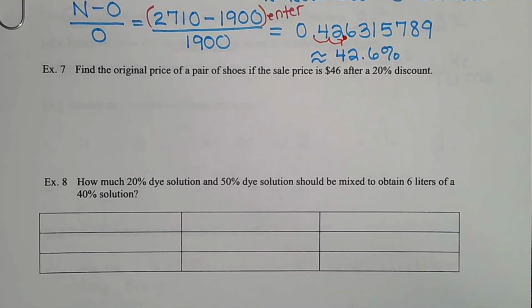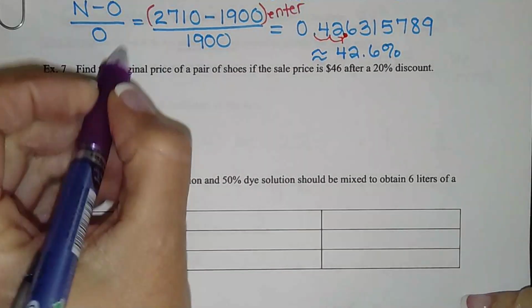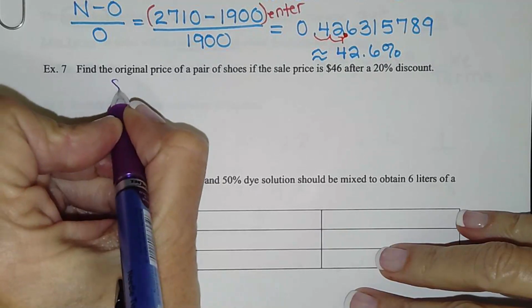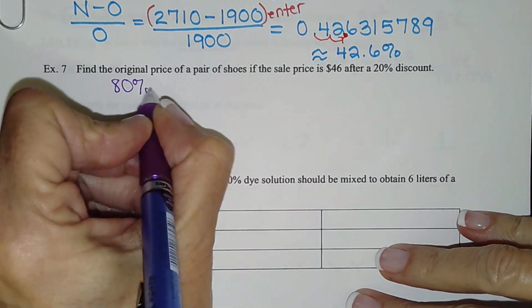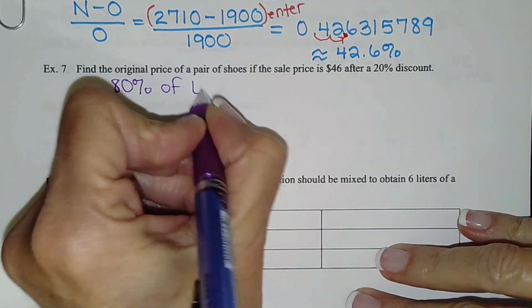Okay, so this is my take, how I think is the easiest way. So if it's a 20% discount, do you guys agree we're paying 80% of the price? So to me, that's the number one easiest way. Oh, they had 20% off, so they're paying 80% of the price. So let's just write it in words because we like words first. 80% of the price